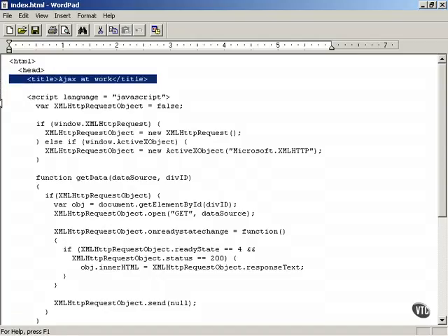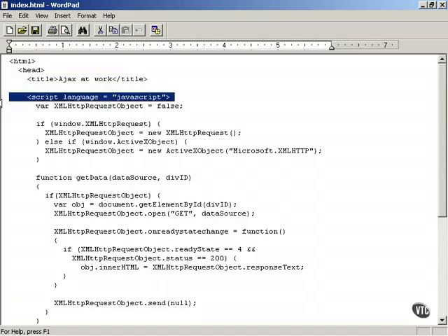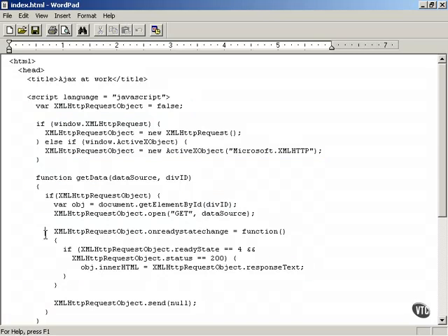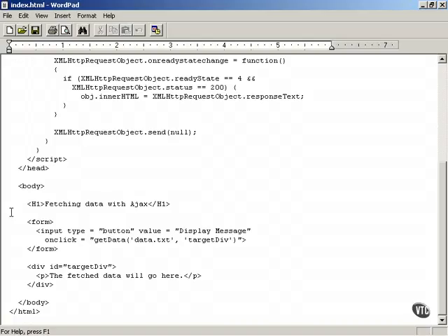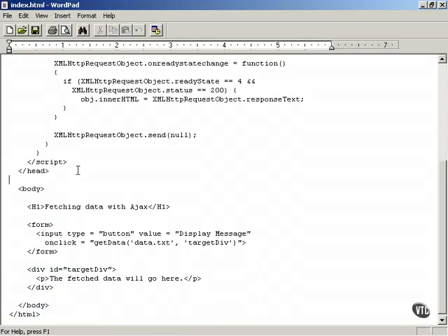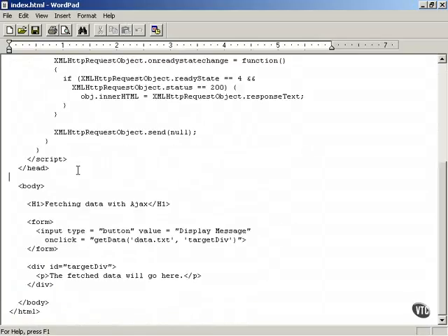The title is Ajax at Work. As you can see, it's going to rely on JavaScript. It's going to have a bunch of JavaScript there. And there'll also be down here some HTML. You can see that it will display a message, a button with a text caption that says